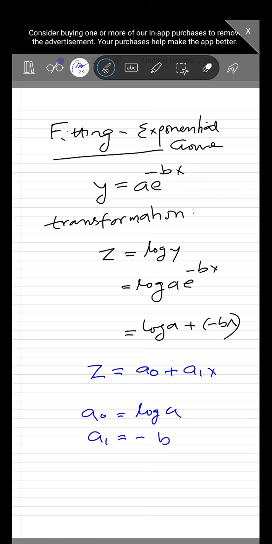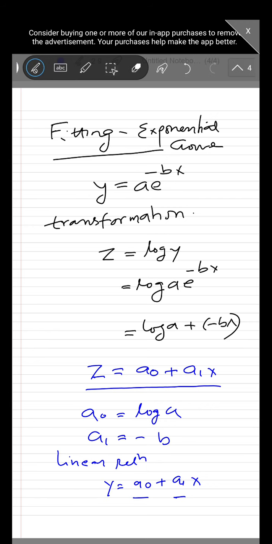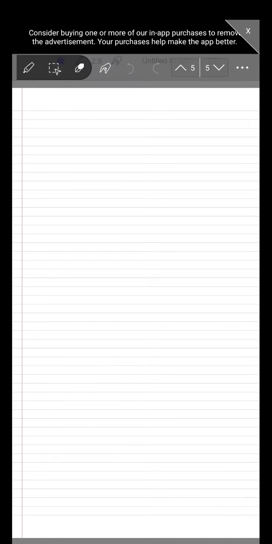So what we have obtained is a linear relation, and since we obtained a linear relation, we'll use the linear fitting formula that we have used. Y is equal to a0 plus a1x. This is the equation. The formula that we used to find out the coefficients a0 and a1, the same thing we will use here. So the normal equations in case of a linear fit are